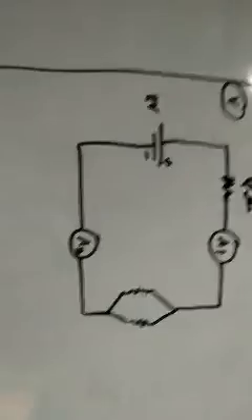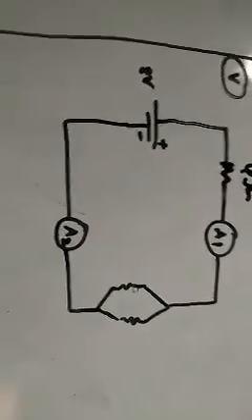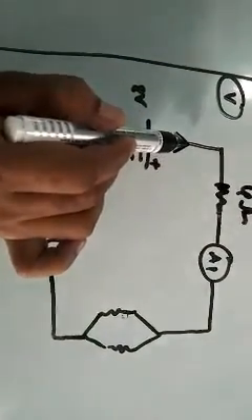Okay. Now coming to the last question, a very interesting one: the difference in ammeter readings, if any. Here ammeter A1 is measuring some current, and ammeter A2 is also measuring some current. So they are asking what is the difference between the readings of the two ammeters. Very simple. Check carefully. I told you here the main current is flowing like this.